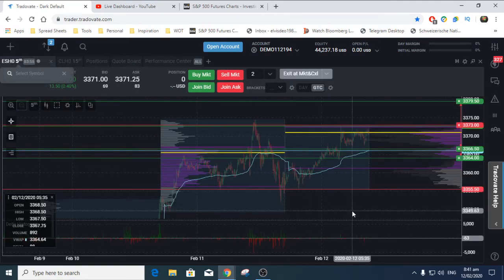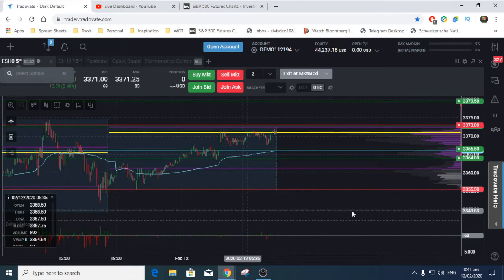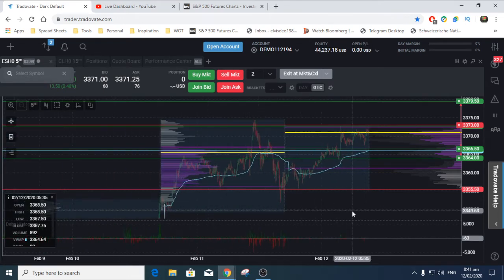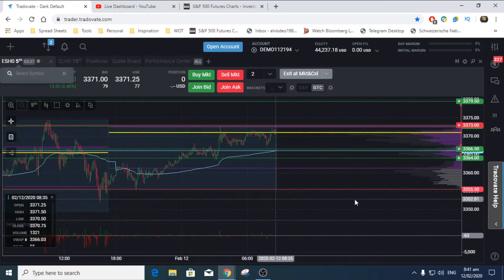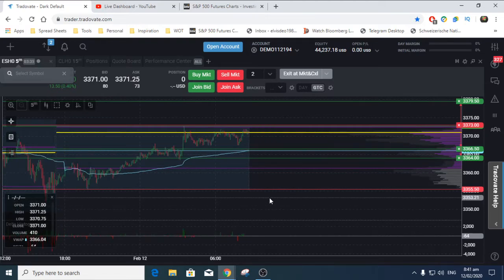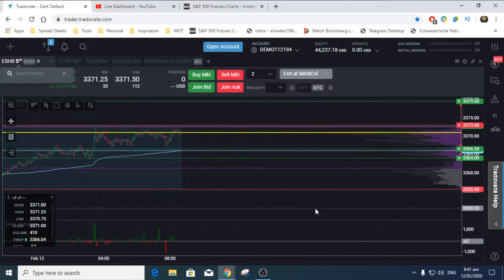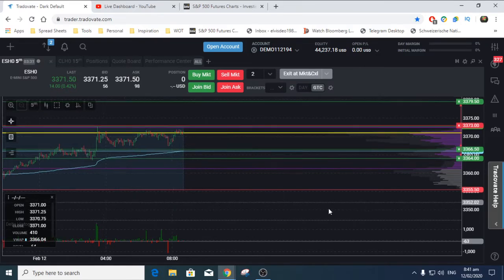And on the ES, we're looking to fade at 73, 70 to 73 area, 74, 75 area. So you have 70 to 75. We're looking to fade that area. We're looking to average in with 2 contracts. So you can use one at 70 if you're aggressive. But we're not being aggressive this morning.